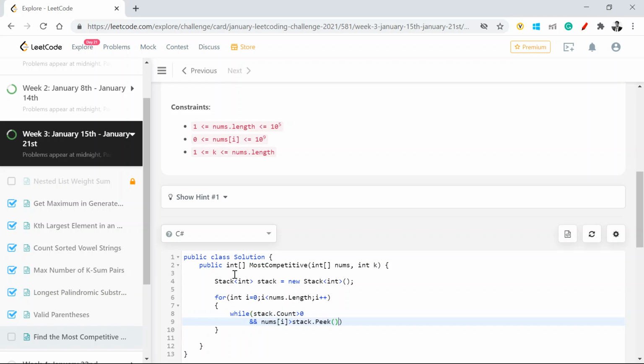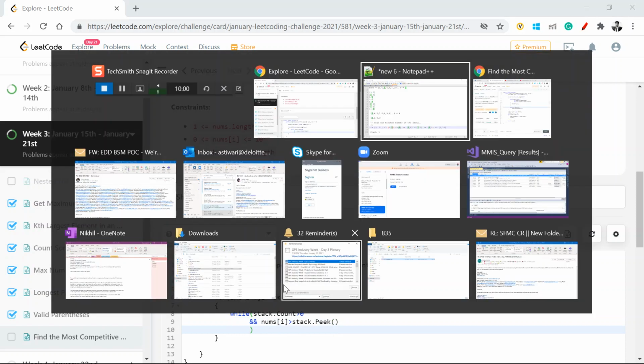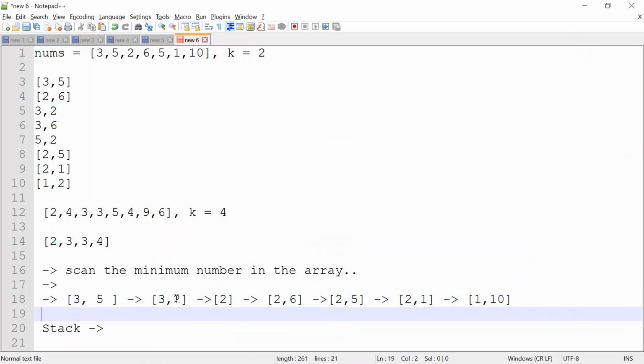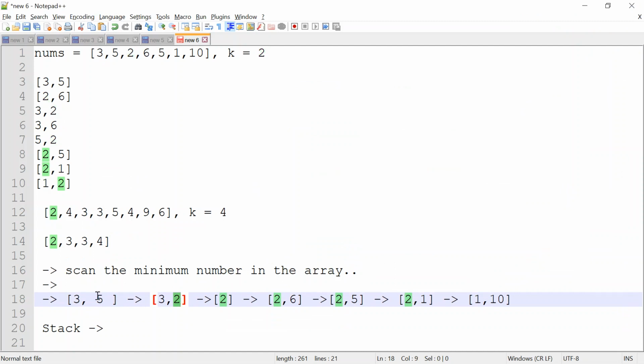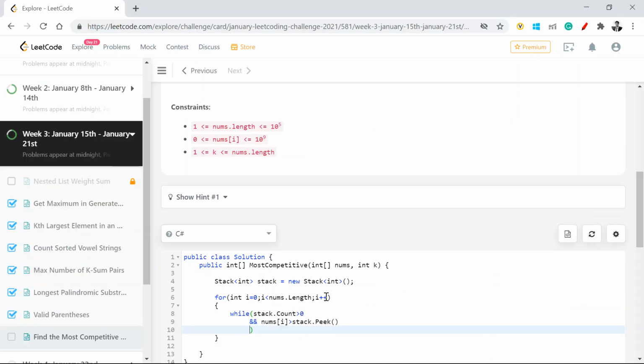right? Because what we're trying to achieve is whether my next value, say I would have been 2, whether my last inserted value is greater than this 2 or not. If it is greater, then I need to remove that number 5 from it, right? And another thing which we need to keep a note of is that whatever my remaining length after my current index, I should be able to accommodate the values so that I can go ahead and create an array of k size, right?